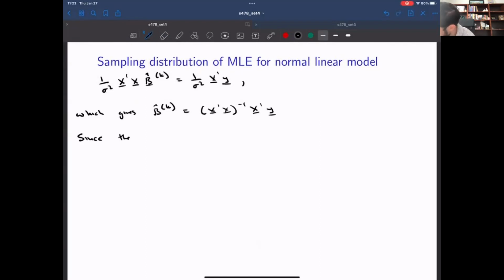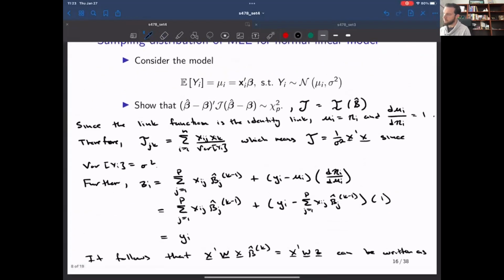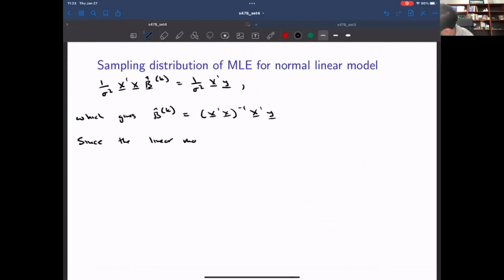Since the linear model, we'll call it the normal linear model, can be written as y is distributed normal with mean X^T β and variance σ² I,